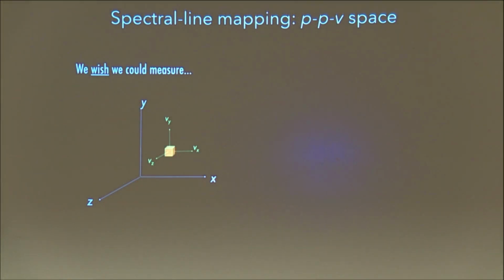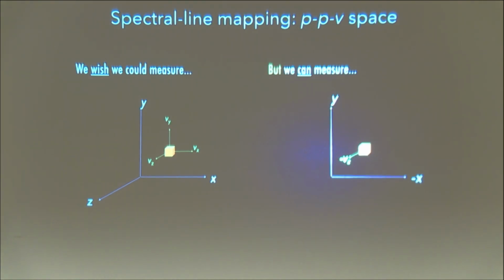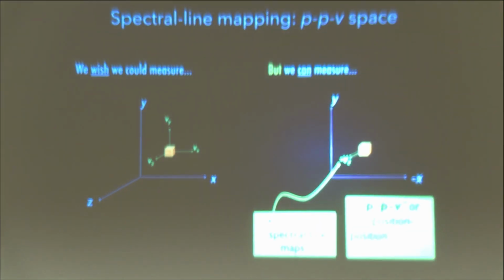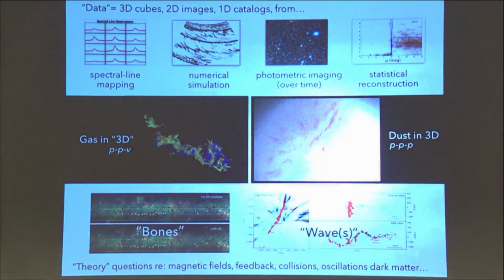Okay. So again, we wish that we could do what we can do with the numerical simulations and have 3 dimensions of space and 3 dimensions of velocity that we could measure all at the same time, right? But we can't do that. And with spectral lines, what we can measure is the plane of the sky, so x and y, and then just the Doppler velocity, just the z component of velocity. So that was what you were seeing as 3 dimensions there. And so that's called PPV space, or position velocity space. And so in the radio astronomy world, that's sort of been the 3D world for a very long time. Okay? So that's the spectra.